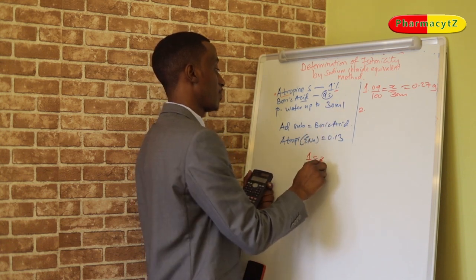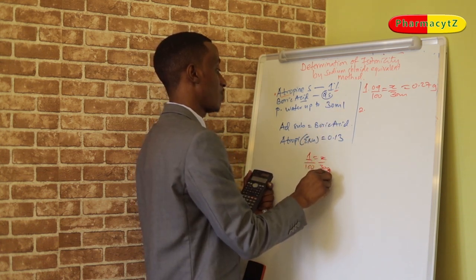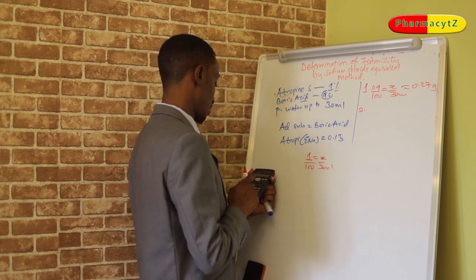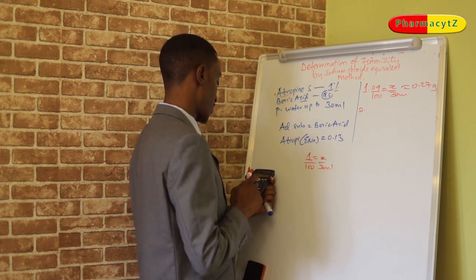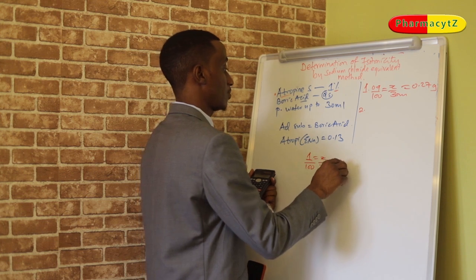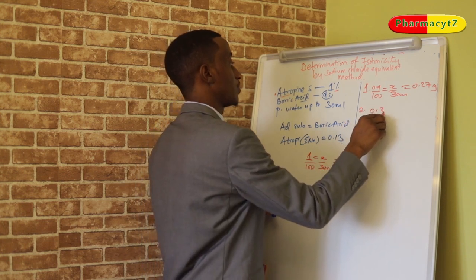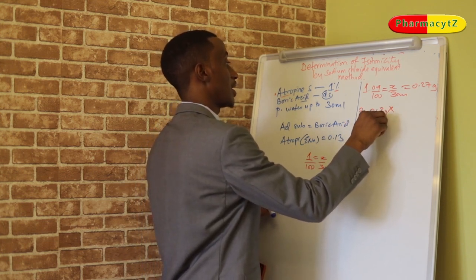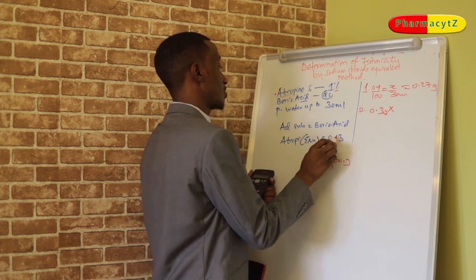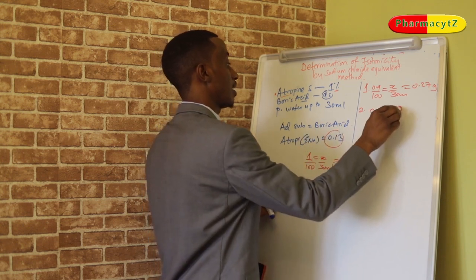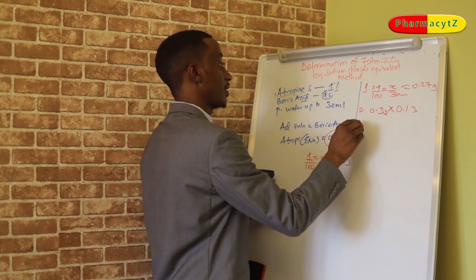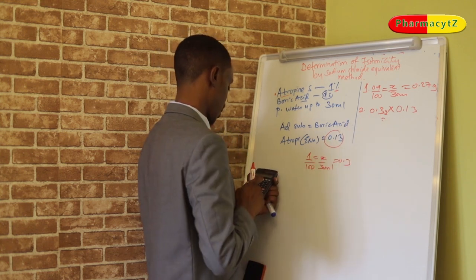So the whole preparation of 30 ml contains how much atropine? That is 30 divided by 100, that is 0.3. So this is 0.3 grams multiplied by its sodium chloride equivalent from the table, which is 0.13. Then you get